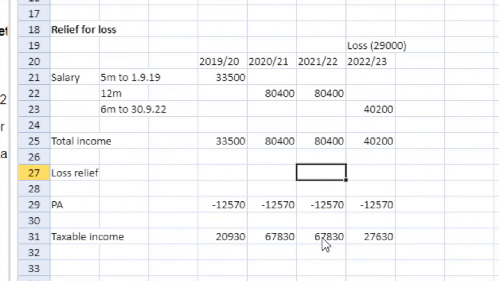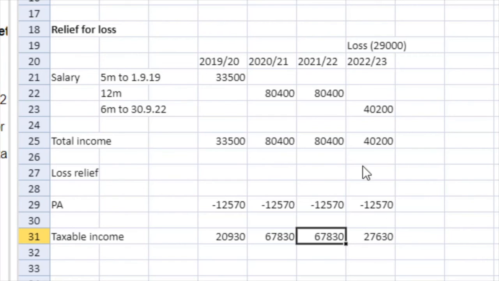Just looking at this, I can see that her total taxable income is clearly above the basic rate band, and the amount that's above the basic rate band is more than the loss. So if the loss is set off in 2021-22, then that is going to save tax at the higher rate of 40%, which is obviously better than setting off in the year of the loss.